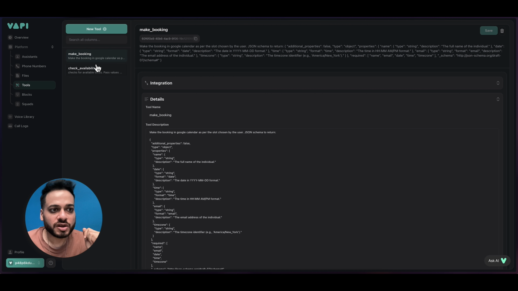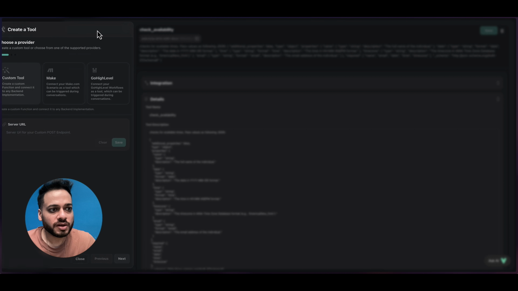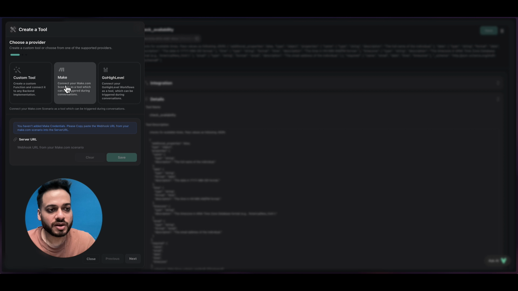Okay, so make sure you first of all create both these tools. I'll just tell you how to create it from scratch. So we go to new tool and we go to make, because we are going to integrate make.com as our automation backend in here. I'll just leave it for now, because you will get this webhook URL after you make your make.com automation. So you can skip it right now, but once you have that URL, I'll tell you where to actually paste it so that the event gets into the correct webhook that listens for it.